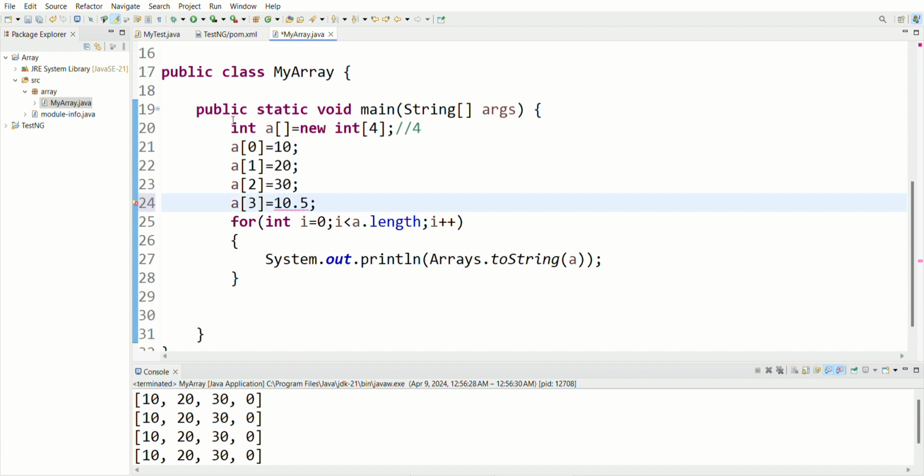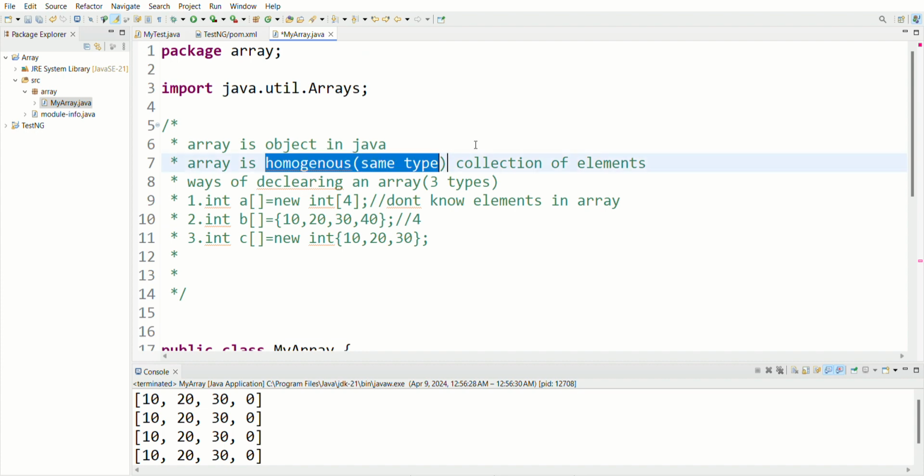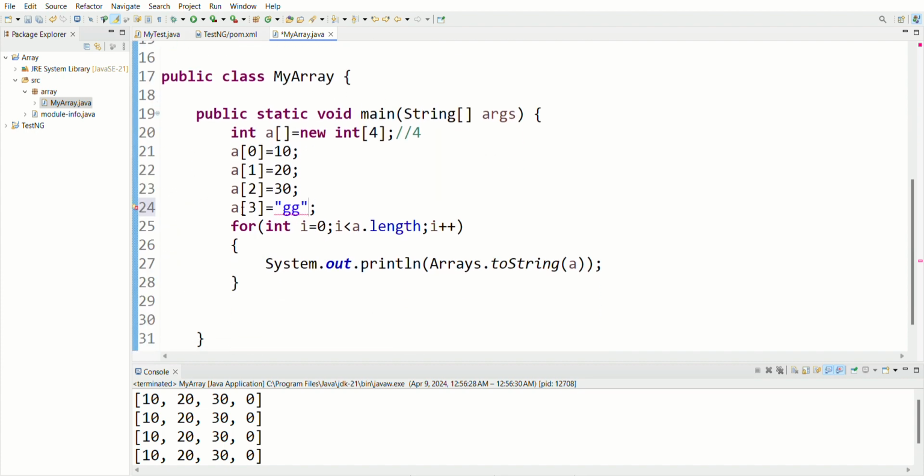It is of integer type, so we can't insert any other type of element in this array. You can write 10, that is all right, but if we try to insert any float value or a string value, it will give a compilation error, because it is of integer type. This is the meaning of homogeneous or same type. Got it?